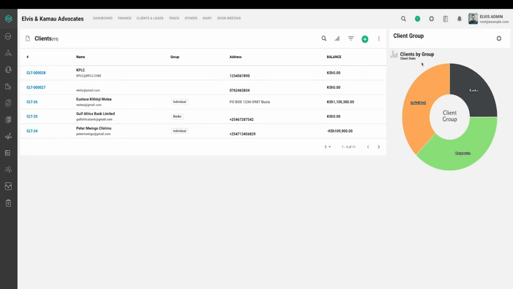Over here we have what we call client groups. So basically, client groups are groups that you use to group those particular clients of yours. For instance, over here we have the corporate group, individual group, and bank group. These groups will help you to divide your clients into the various groups that they belong to or fall under. So for instance, there are 3 corporate clients, 3 individual clients, and